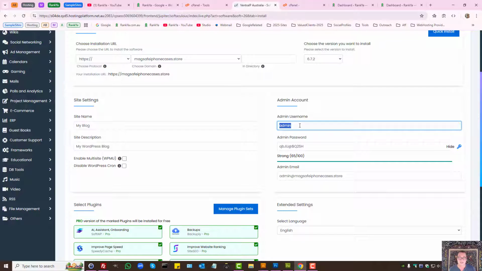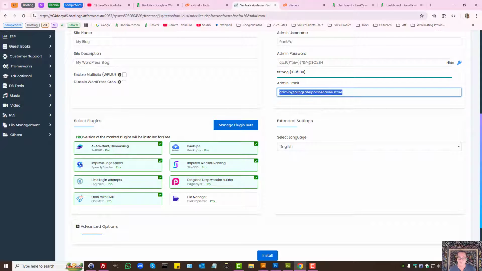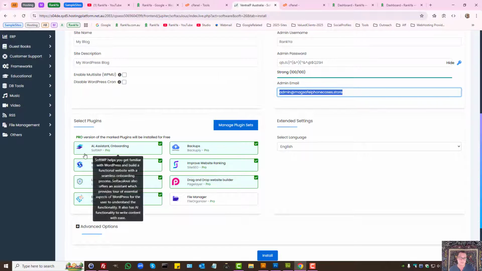It's not wise to have admin username as admin, but rather change it to something more meaningful. And the password in this example, I believe it's too weak. You should make it stronger. Then provide your email. As I've said, depending on the web hosting service that you have, you may have all